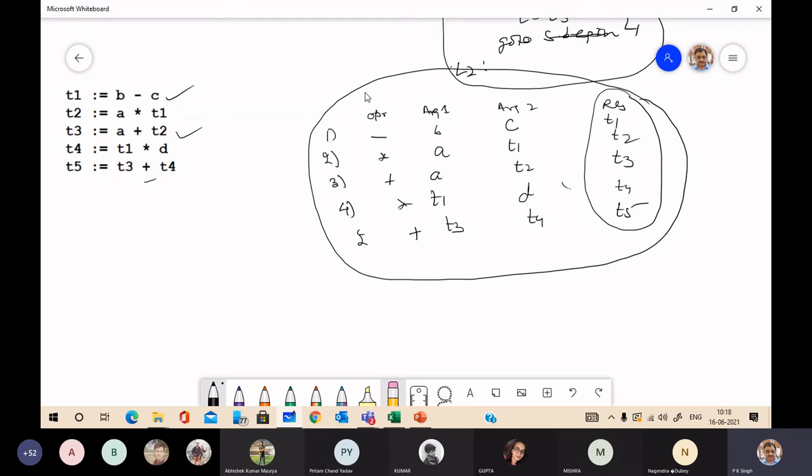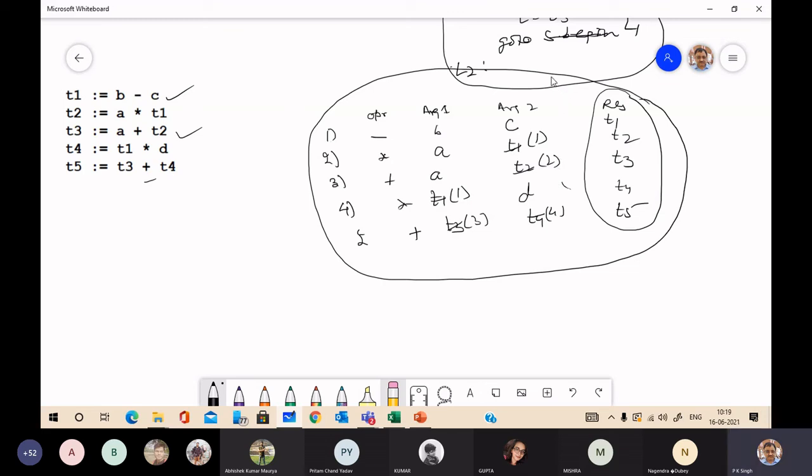Here, in place of T1 we write 1, the result produced at 1. T2 at 2, here 1, here 3, here 4.